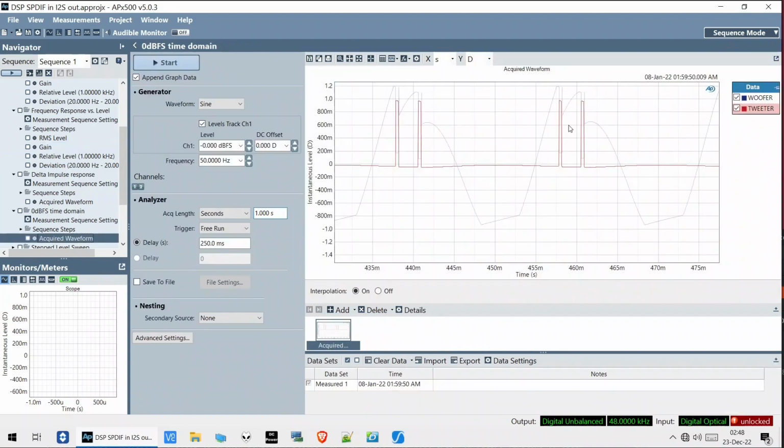So now your tweeter signal has a double modulation of 50 Hz but full scale on it, and this is not something a tweeter is designed to handle. So these poor ribbon tweeters, they cannot handle this, and they should not handle this. So if you still play with the original DSP, keep your input signal under minus 10 dBFS. And if you want to play full input range, I don't think there's any other thing we can do except